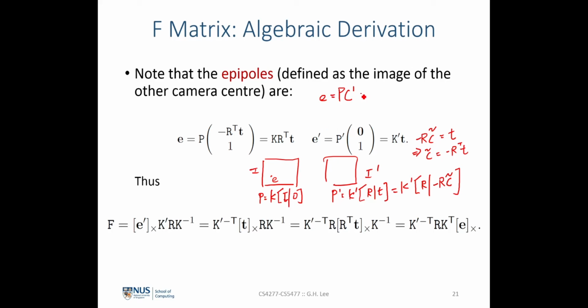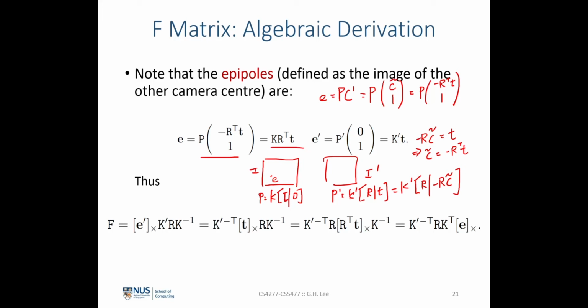So this would be simply equal to P multiplied by C tilde that we have seen earlier on, and 1. And this is equal to P multiplied by minus R transpose T and 1 over here, which is exactly what we see here. If we were to plug the first camera matrix in terms of the intrinsics and the extrinsics into this equation over here, we can simply express the epipole of the first camera view as K multiplied by R transpose